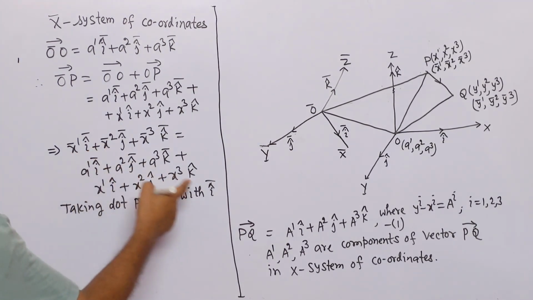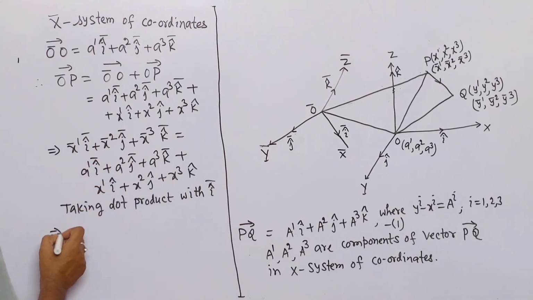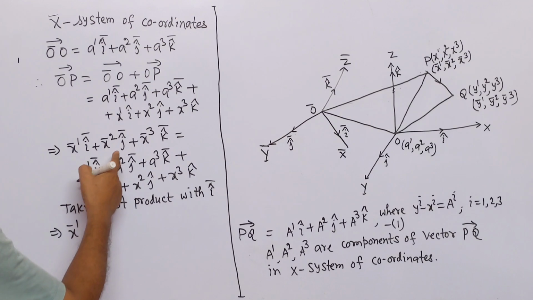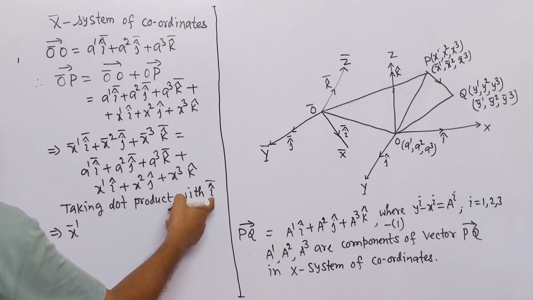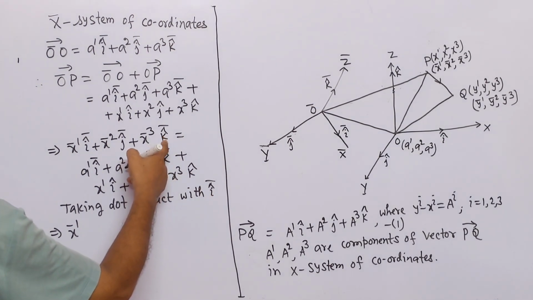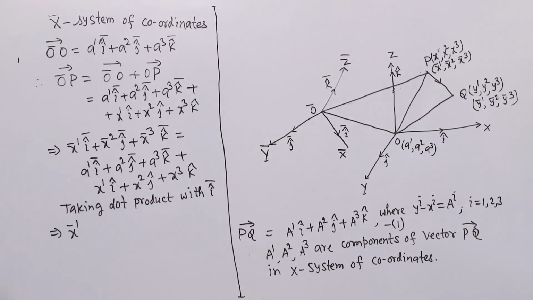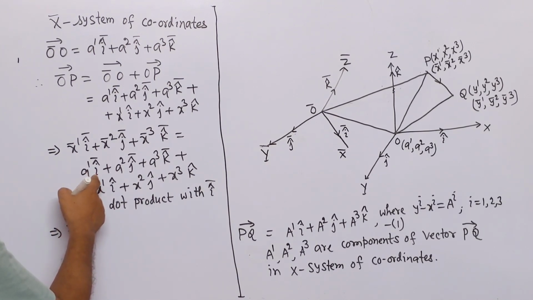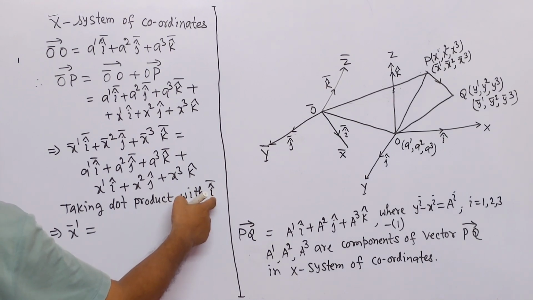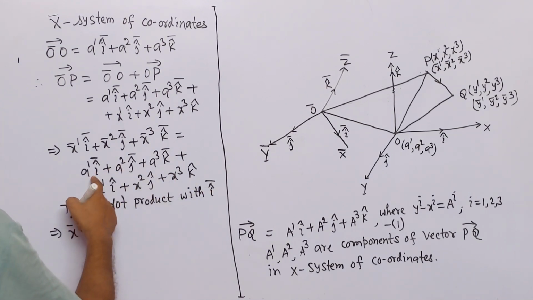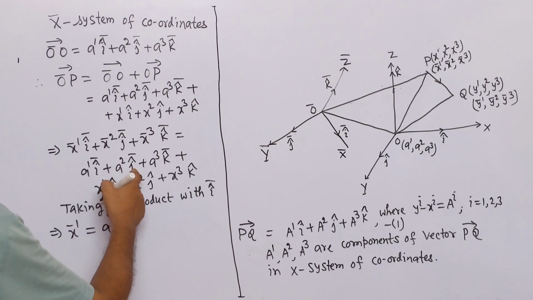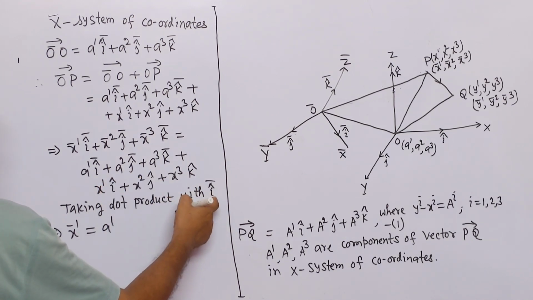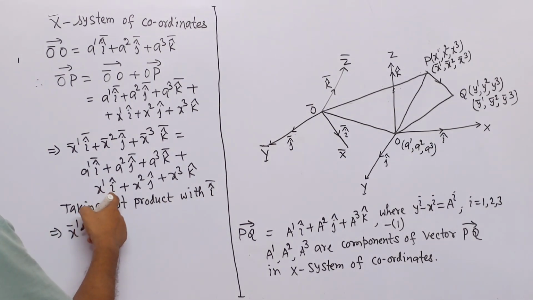Here I cap bar dot I cap bar is 1, that means x bar 1. Here I cap bar dot j cap bar is 0, and I cap bar dot k cap bar is also 0. Only the left side x bar 1 remains, and on the right side I cap bar dot I cap bar is 1, the unit vector dot product. So this is A1. Here j cap bar dot I cap bar is 0, here also 0. Here we get